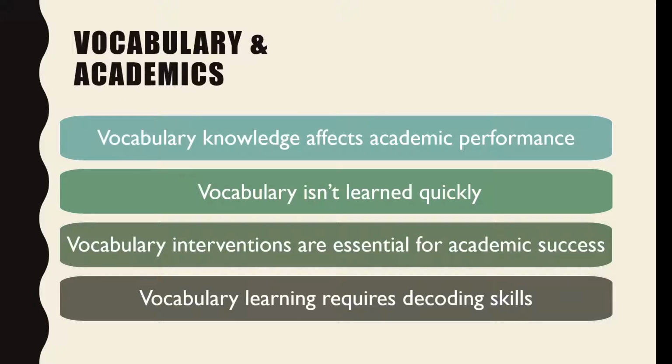Links have been found between vocabulary deficiencies and low academic performance. This most likely has to do with the fact that research shows a direct correlation between learning vocabulary and reading comprehension, which directly affects overall academic success. After all, students can't comprehend what they are reading if they don't know what the words mean.